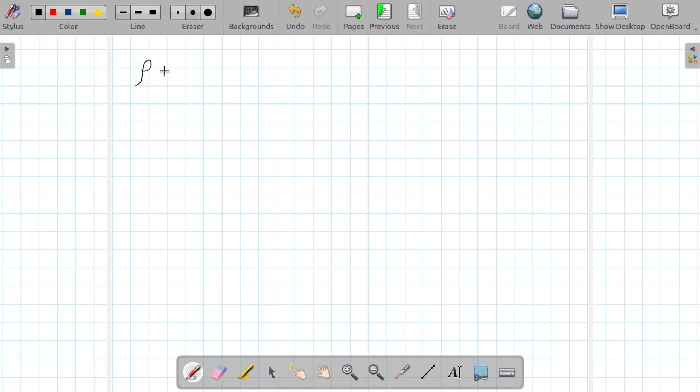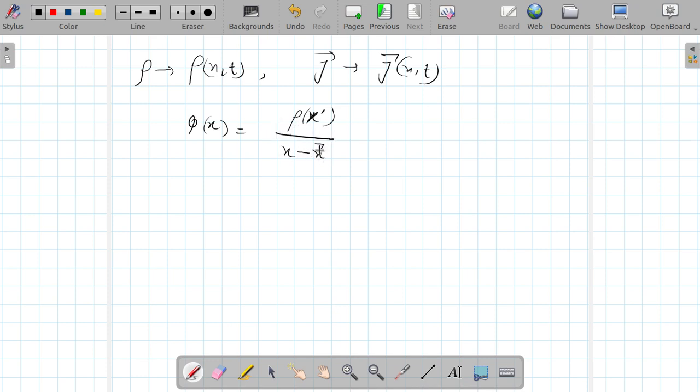So that means the charge density will become this and the current density will become this one, and we are considering their arbitrary motion. So let us consider the scalar and the vector potentials. This is the scalar potential as we have defined in the earlier lecture. There I used R, but I am now taking it as X. And the vector potential I have defined as